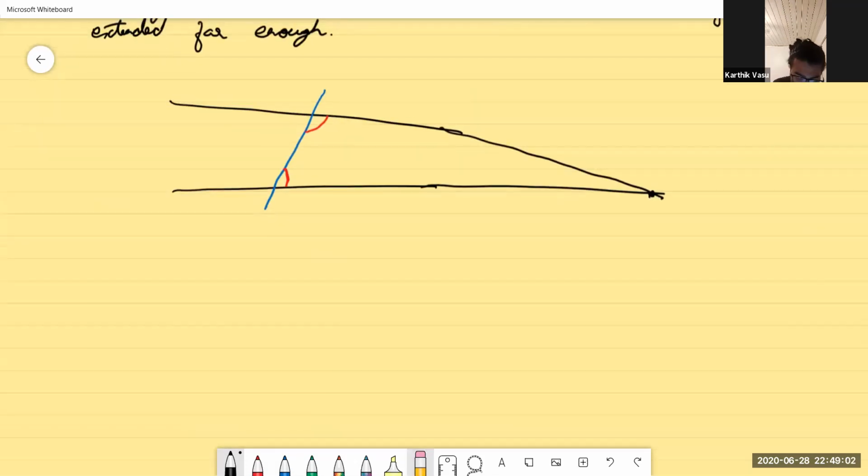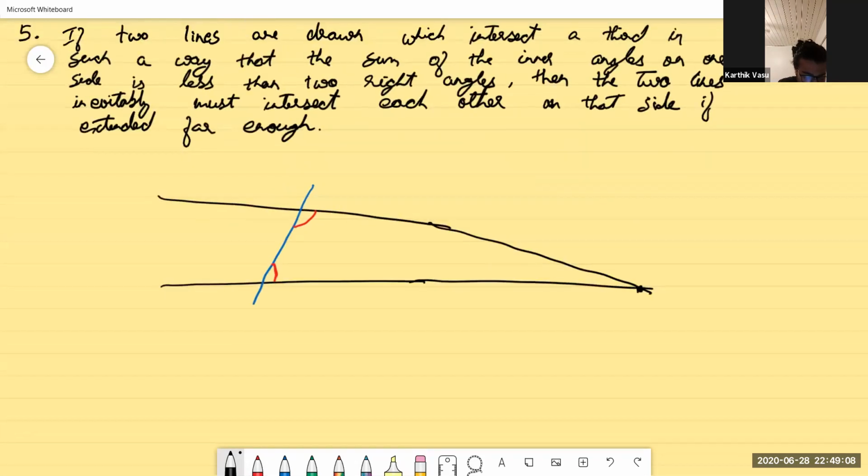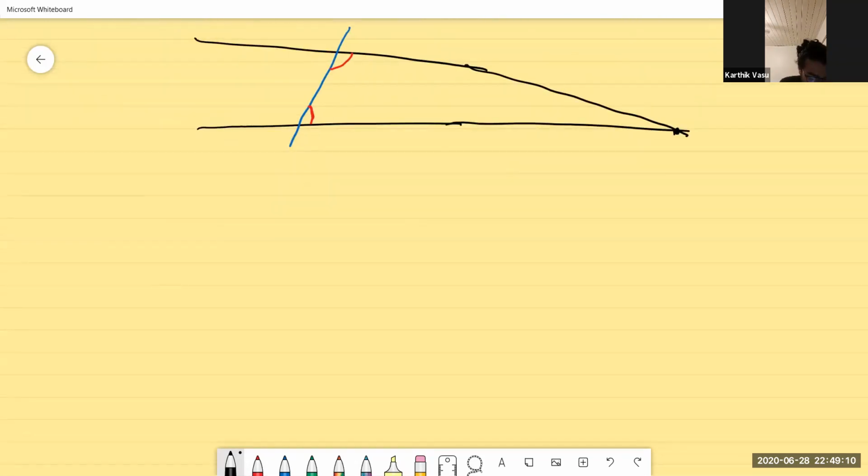After that, mathematicians for some reason thought that postulates 1 to 4